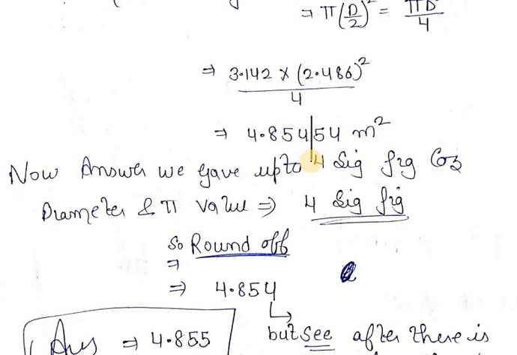Clear? Now next rule, when you round off the number up to 4 significant figures, you will see whether the last number that you will round off is greater than 5 or less than 5 or equal to 5, right? So here in our question it is 5, actually exactly 5, not greater than 5, not less than 5, right? So you will see here, अगर आपका लास्ट नंबर 5 है, उससे पहले का नंबर you have to check, your previous number before 5. It's even or it's odd.